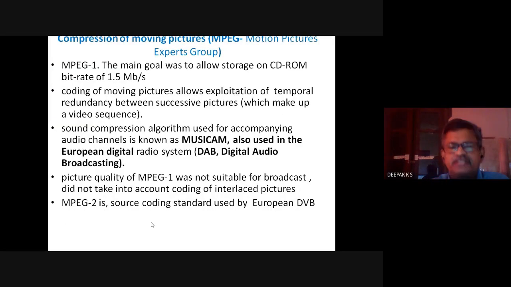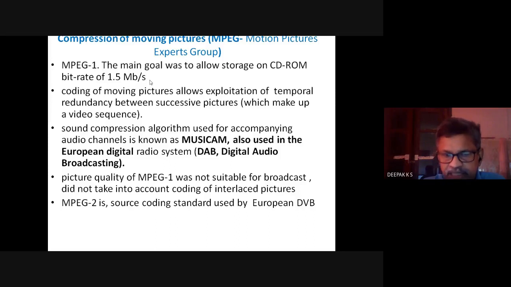And for compression of moving pictures or video, you have MPEG, Motion Pictures Expert Group. There are versions MPEG 1, 2, 4, etc. And we'll just discuss the basics. So it began with MPEG 1 and wanted to have a certain rate. And what they do is